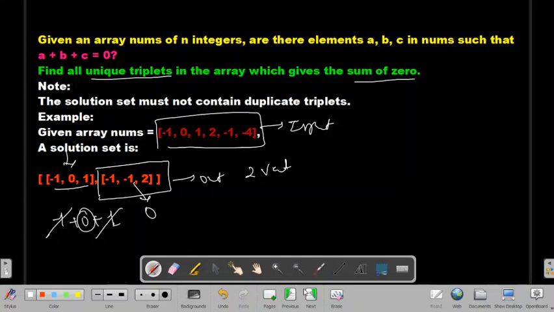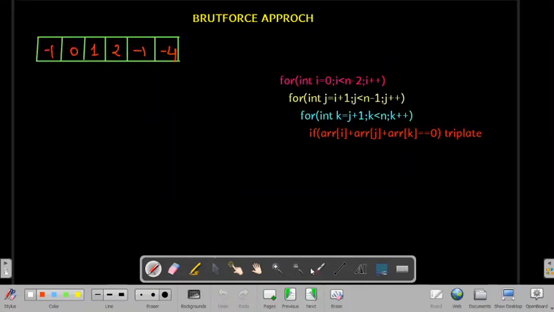For solving, we will first see how we are going to solve this with the brute force approach. Our brute force approach will have three for loops.